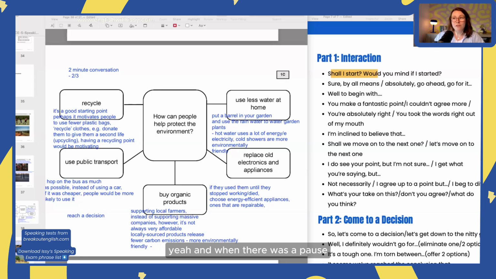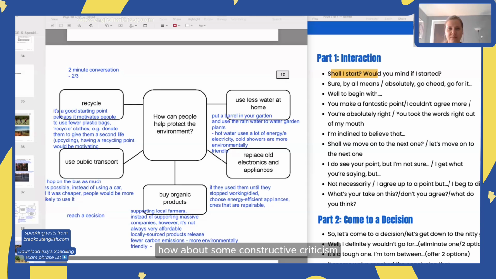Yeah, and when there was a pause, you understood that, Collin, and you kept going as well to keep the conversation going, which was good. You guys also did a good job of using very good B2 vocabulary, talking about the water coming out of the tap, talking about flushing the toilet. These are not words that many B2 students feel comfortable using. So you all have a good range of vocabulary, or you've demonstrated a fantastic range when talking about all these different topics that we've talked about since the beginning of the course. So that's been really good.